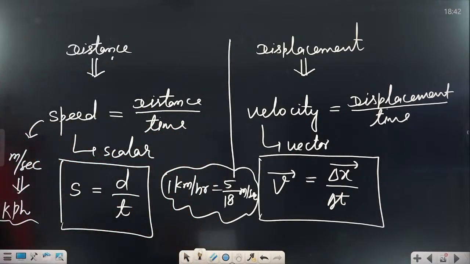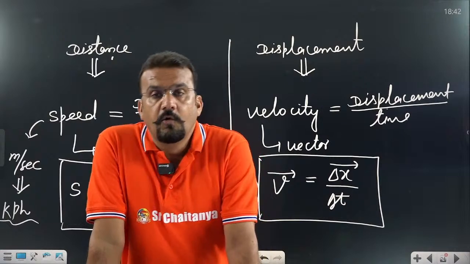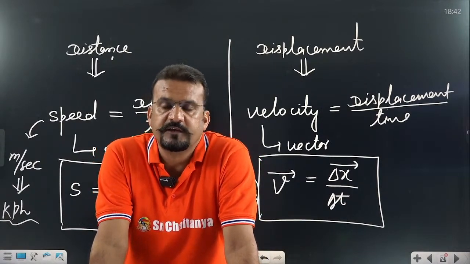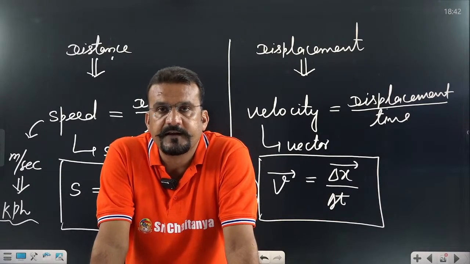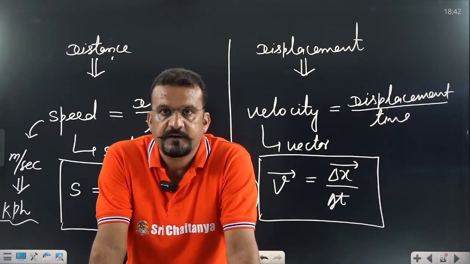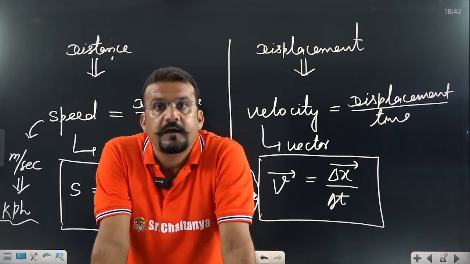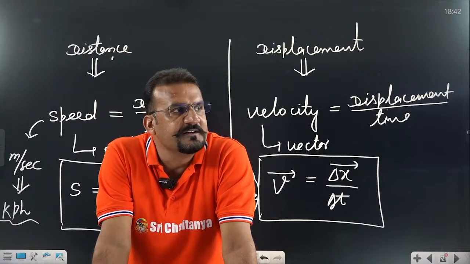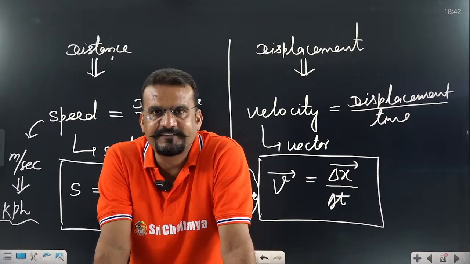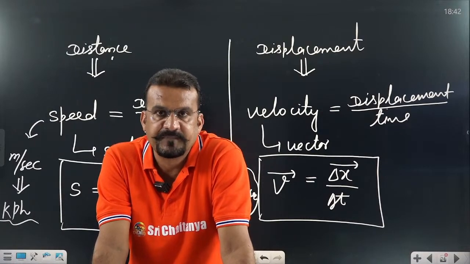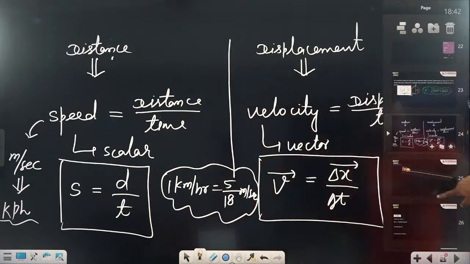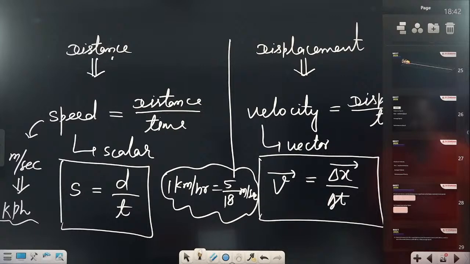Now dear student, one thing they are going to ask in the exam, in NEET also they have asked a question on this topic. What is that? Average speed. Very important. So let us discuss average speed. Average speed means total distance upon total time. What is the average speed? Total distance upon total time. Let us calculate the average speed. Very important. You need to learn it.